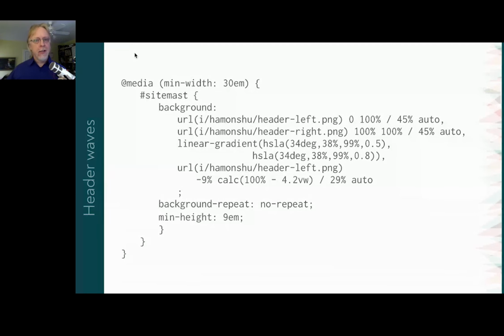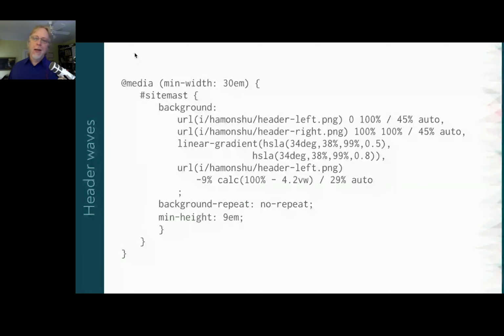But this was, like I say, just really easy to play with and to be able to fiddle with the exact placement of the second wave that's supposed to be sort of further away. Like, how small do I want it to be? How exactly do I want it to be placed? How much do I want to fade it? That kind of stuff. It's very freeing. It gave me so much freedom to experiment, and at the same time, see what the results were going to be in a browser,